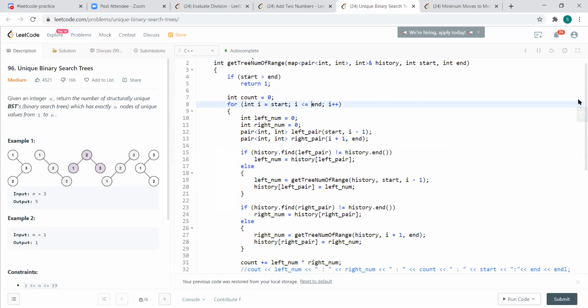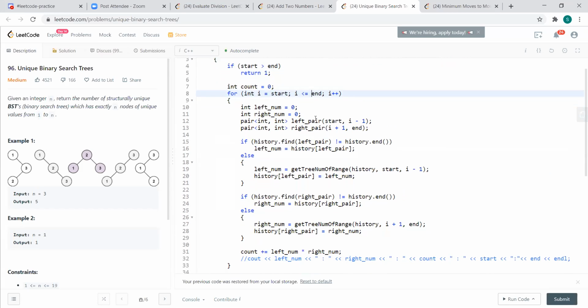When I'm doing that, I break it down into two pairs, the left pair and the right pair. I just take start and i minus one, and i plus one and end. I'm just keeping i as a root, and therefore I can break down into the left subtree and the right subtree.